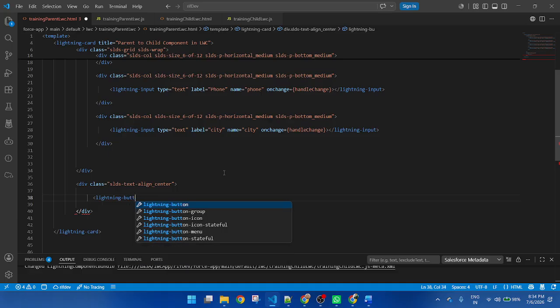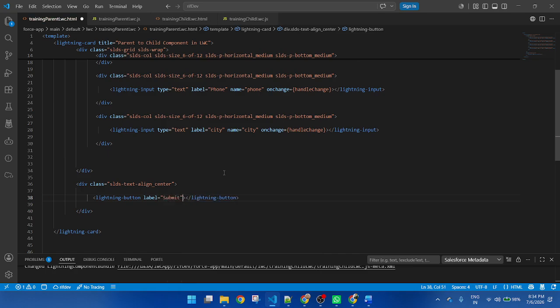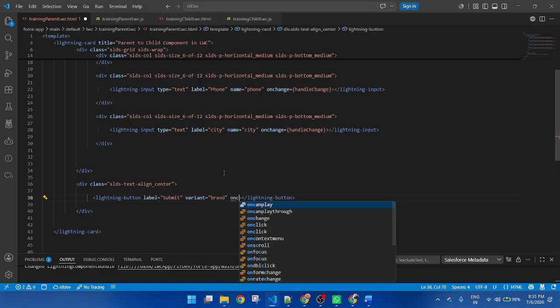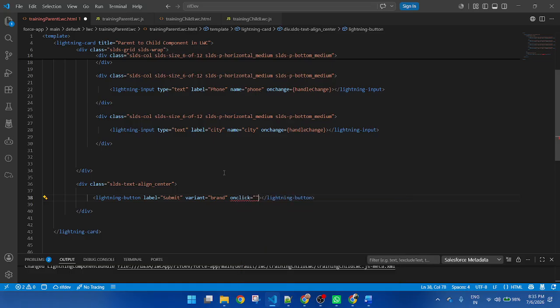Lightning button, label submit, then variant brand, onclick, onclick submit action.